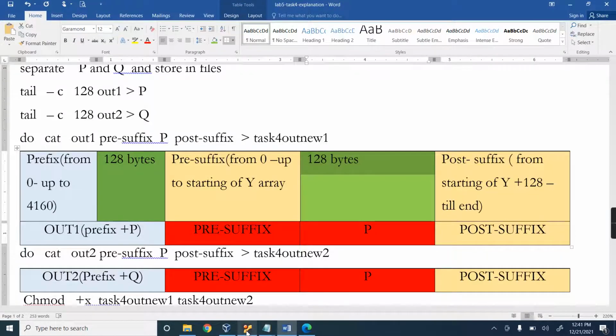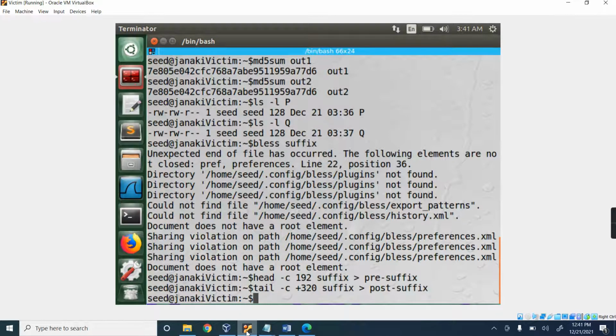Before concatenating, we have separated the prefix file, postfix file, P file, Q file. Everything we have separated. Now we have to do concatenate with cat. What is my first file? Out1, with that pre-suffix, then P, then post-suffix.